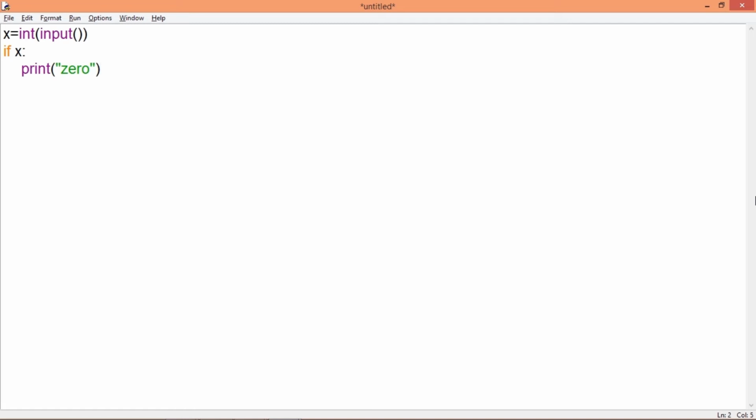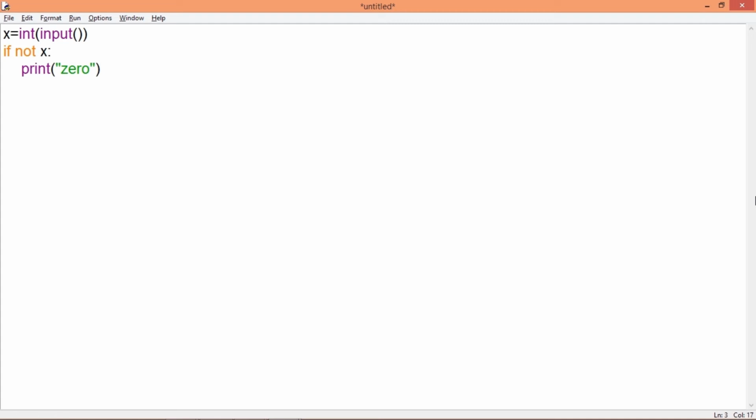So what I'll do is, I'll write the not operator here. This is going to negate the value of variable x. So in this case, if the user gives the value 0, it will treat it as not 0, which will make it true. If true, it will always be evaluated as true, and therefore on the screen it will print 0 value.